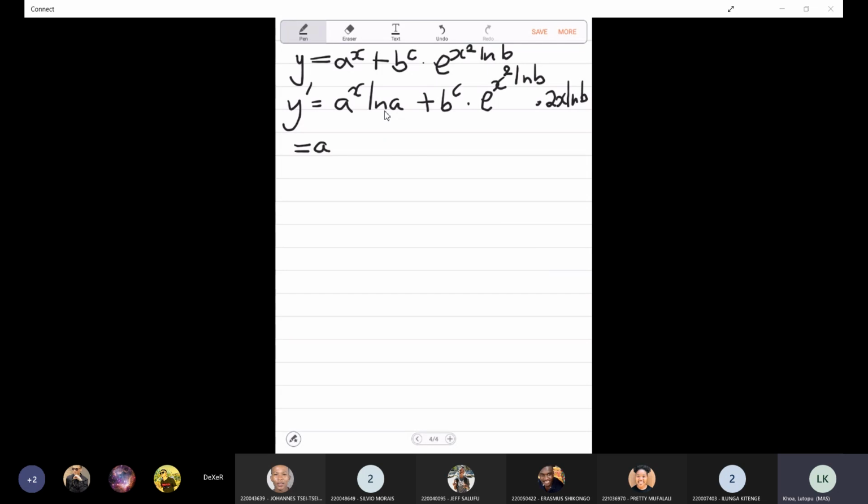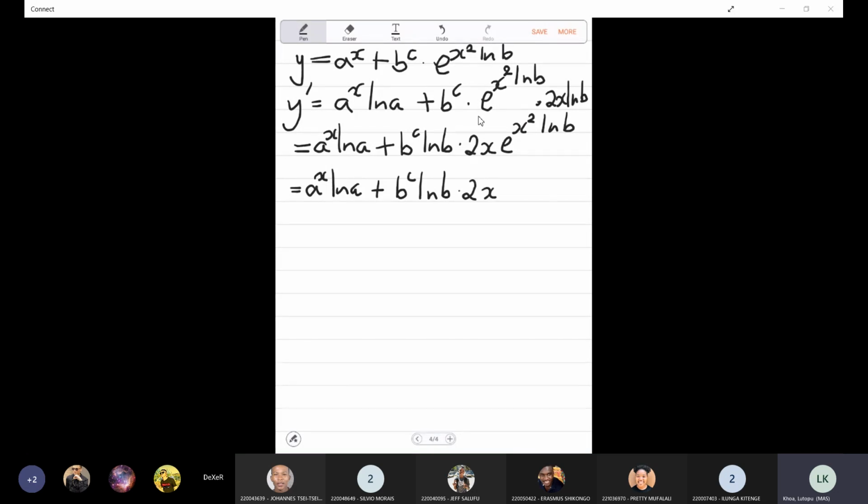This is a to the power of x ln of a plus b to the power of c ln of b times 2x e to the power of x squared ln of b. And then this one, again, we can have this as b to the power of x squared. And then, so just writing it neater, x ln of a plus b squared ln of b,